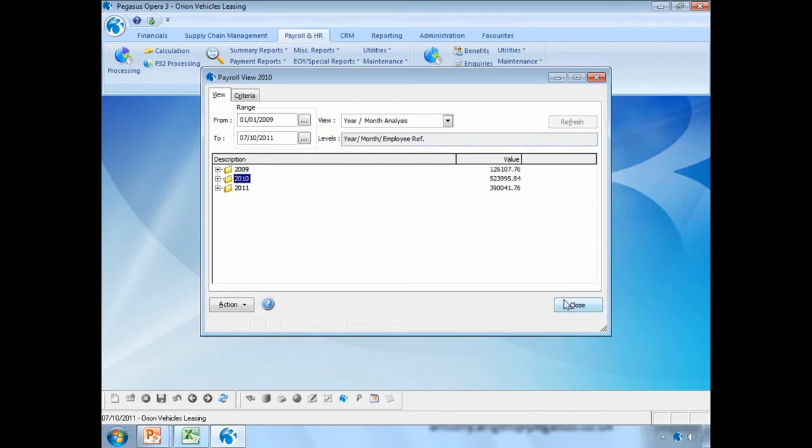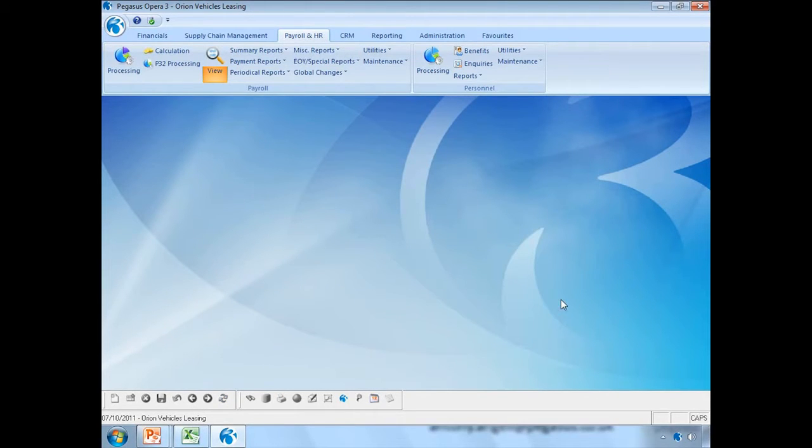Okay, let's close this down. Okay, included as part of the payroll program is HR. Within this system, it allows us to go through and enter personnel information. So if we look in the processing